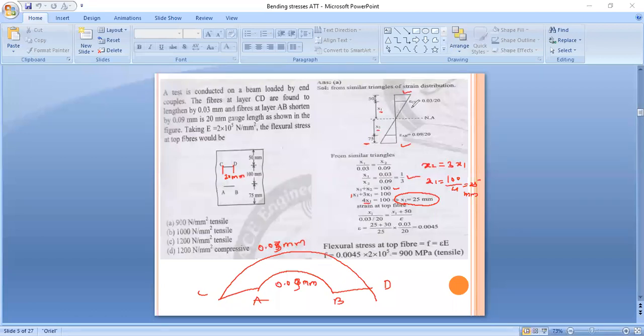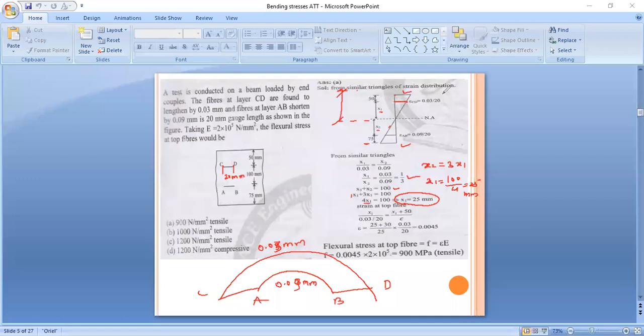Now we will find out strain at the top fiber. We have to find out strain above the neutral axis, so we will consider this portion only. Suppose this is our triangle 1 and this is our triangle 2. In between these two triangles, we will apply the similar triangle rule. So x1 divided by the strain at this level, x1 divided by 0.03 divided by 20, is equal to